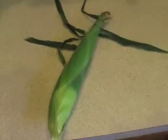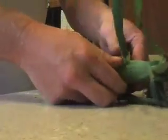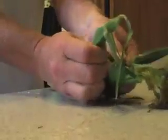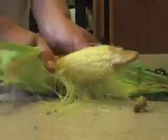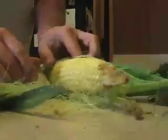This is corn, and we're going to grill it or barbecue it, however you want to call it. Alright, what you need to do is husk this thing in a way that you maintain the leaves to protect the corn. This one's a little diseased, so I'll be trimming the top of it off. But as you can see, if you go deep into it and pull it off like in two halves, it stays with you. And then this silk